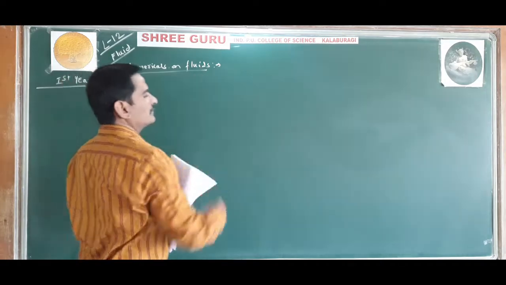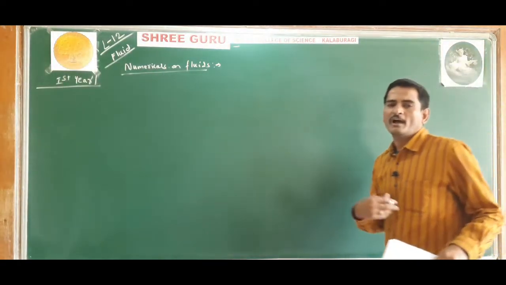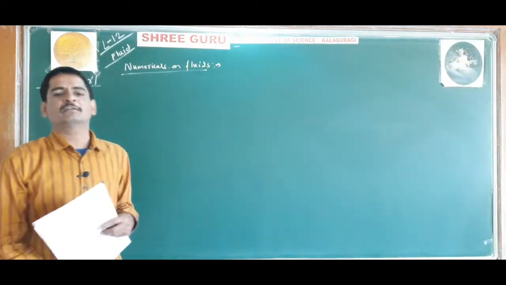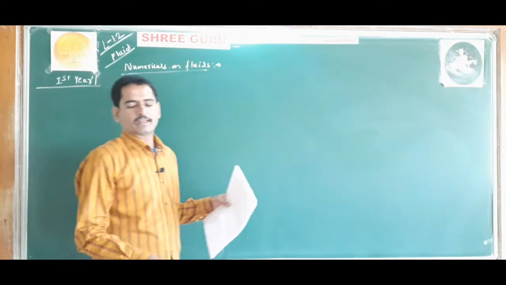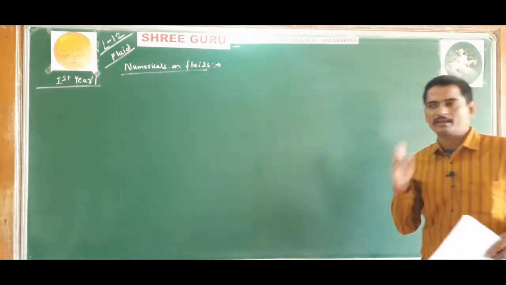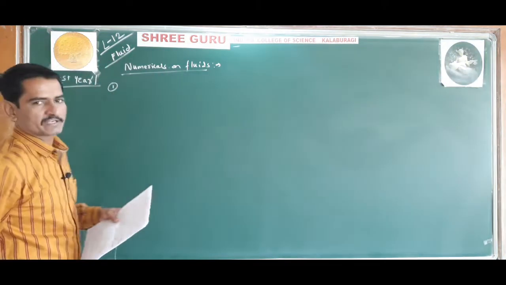Some important numericals. Okay. Read on the question. I will dictate the question. You have to write the question. Take a pen and paper and start writing. Pause the video, take pen and paper and then start writing. So question number 1, the first numerical. Write down, I will dictate.